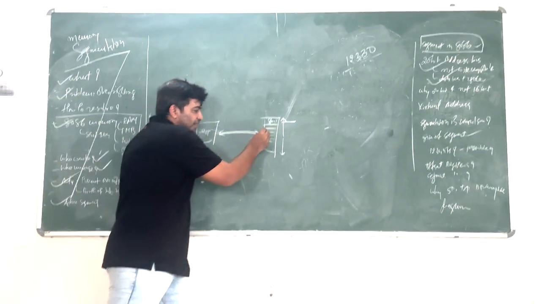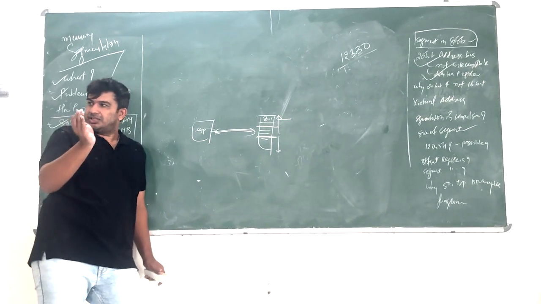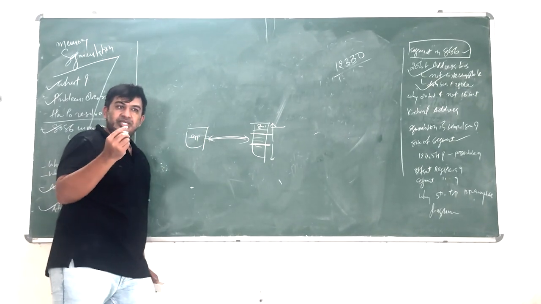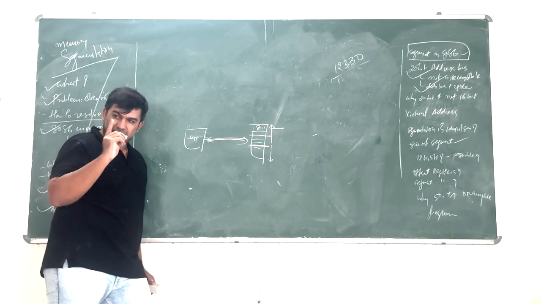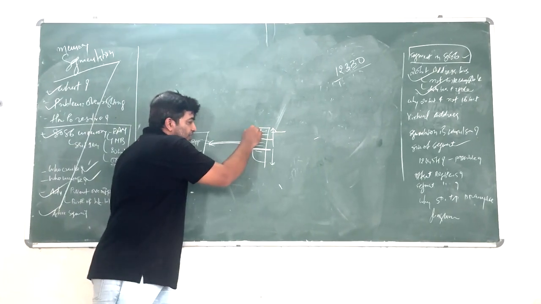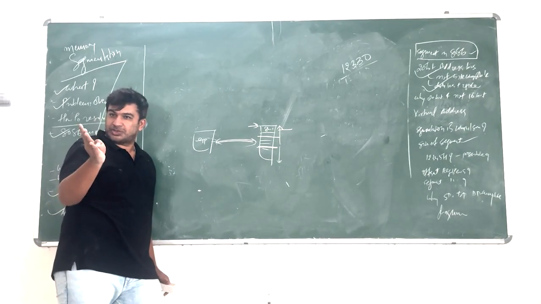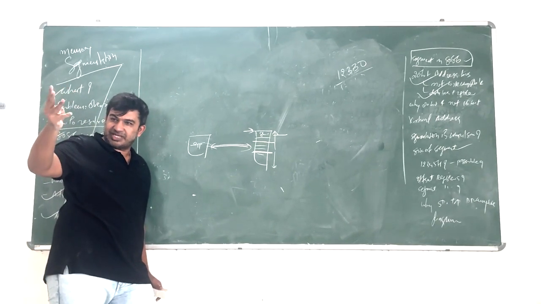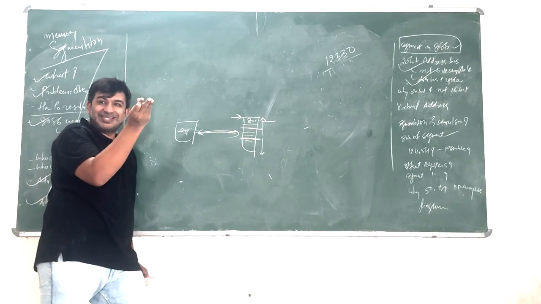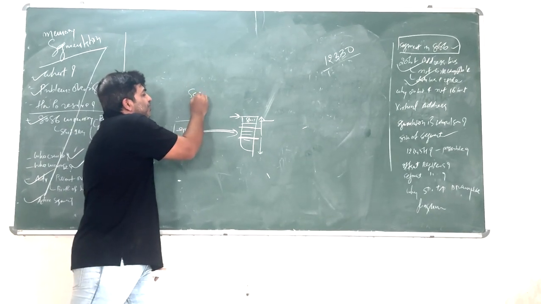Who will create the segment in this? We as a user. Who will manage it? The computer. We don't need to manage it. Once we create it, it is handled by the computer only. Now I want to give the starting location to my segment. There are 4 kinds of segment: code segment, data segment, stack segment, extra segment. So where my segment is getting started, we get to know using segment registers.